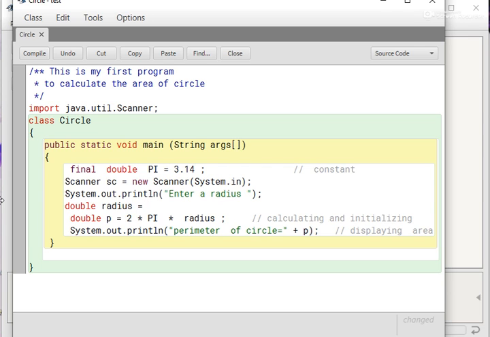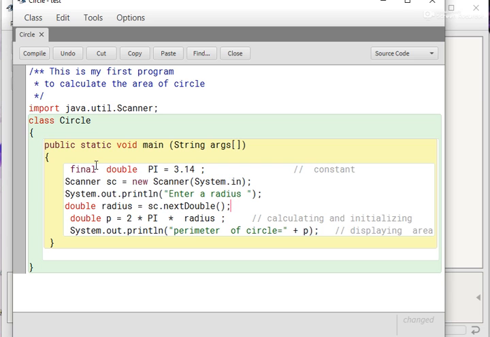To receive the value, we use the same object that is given here, sc. We write sc dot, then from the list of functions, to receive the value in double format, there is a method nextDouble, in which N is a capital letter, others are small letters. Now you have received the value of radius.